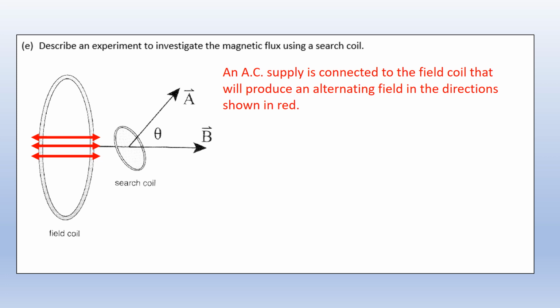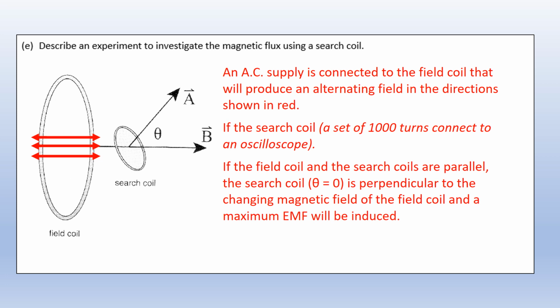If we supply an AC supply to the field coil, that will produce an alternating magnetic field. And as we saw earlier, if we have a current going around a coil, we get a fairly uniform field in the middle, but because it's AC, those field lines are going to be swapping directions all the time. So if the search coil, and usually it'll be a large number of turns, maybe 200, maybe 1000, is connected to an oscilloscope, if the two circles are parallel to each other, or theta essentially equals 0,